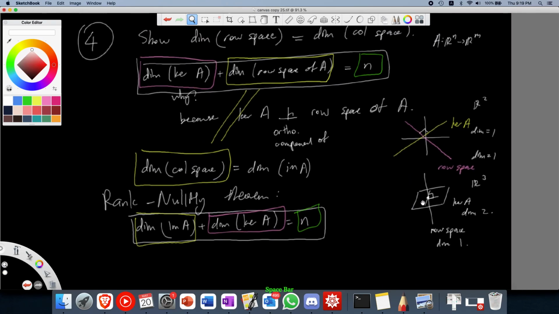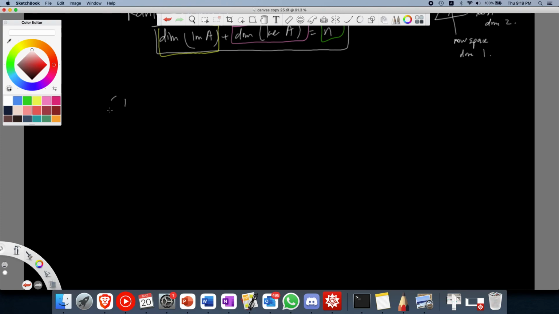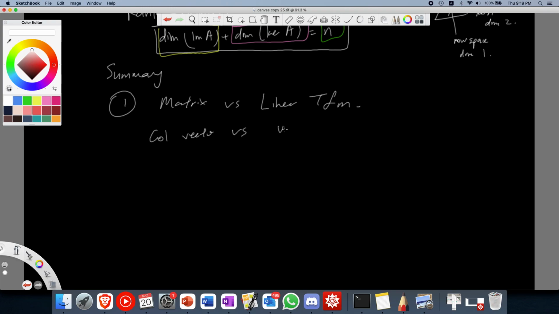And so with that, let's just make a short conclusion. Summary. Number one, we showed what a matrix was versus a linear transformation. We saw that in the same sense is what a column vector is versus a vector in general. We make a choice of a basis to go into the numbers representation. Then we saw that the column space equals the range, because